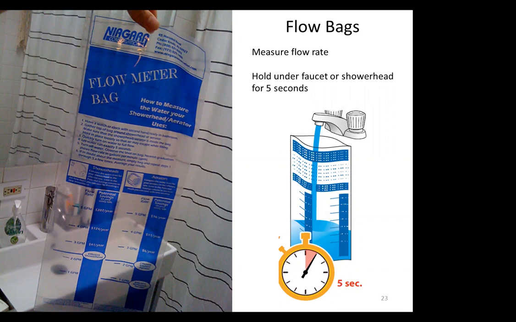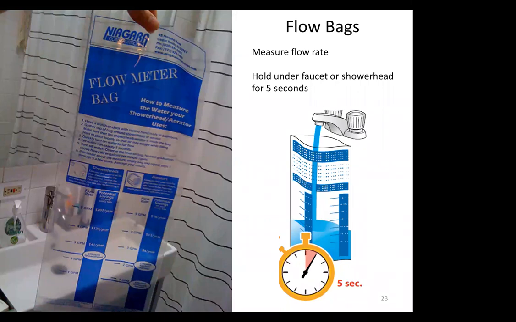An efficient shower head, for example, is a shower head that uses 1.8 gallons per minute or less, but shower heads using up to 5 gallons per minute are very common. And if you think about it, let's say you have a 5 gallon per minute shower head and you take a 10-minute shower, well, you've already used 50 gallons of water. And that's considered average water use for a shower. So a 1.8 gallon per minute shower head would only use 18 gallons, so you can really see that it makes a big difference by installing those devices.